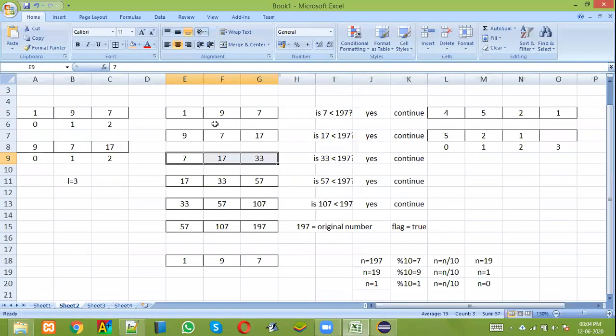Before the loop starts, 1, 9, 7 will be there. After this loop completes, 17 is new, correct? So it will add a of L minus 1, that is 17. Using this logic, next time it is going to add comma 33. Like this, the string will get generated.